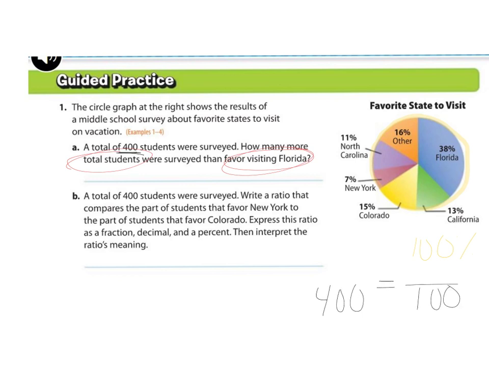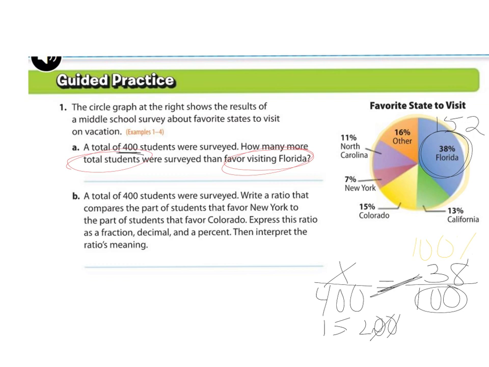That is the total number of students. That makes our 100%. Now, I don't know how many kids visited Florida, but I know the percent right here is 38. That's going to go right there. So now we have 38% out of 100, and we don't know the number of students, so that's x. So you're going to do the cross multiply and divide. You're going to multiply 38 times 400, and to keep it simpler, do 38 times 4, then add 2 zeros. That should give you 15,200. Now we have to divide it by the 100 that's left over. When we divide by 100, we can remove the 2 zeros. So 152 kiddos